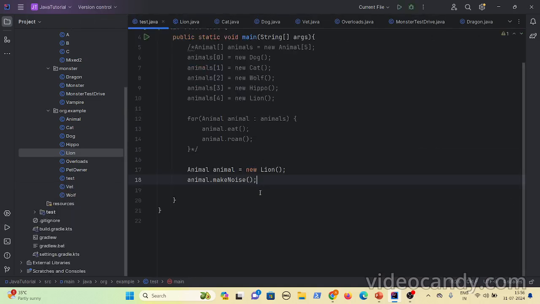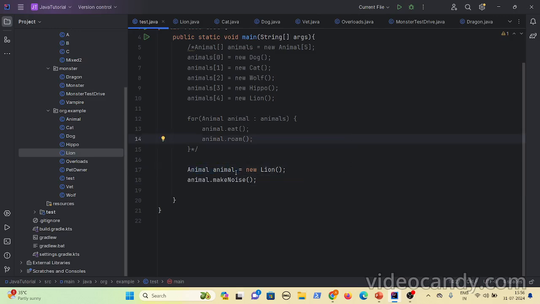Here you can replace the object; the reference variable is constant and even the methods are constant. When you wanted to make the lion roar, did you change anything in this particular line? No, you did not. When you wanted your cat to make sound, you did not change this line, and you did not change this line as well.